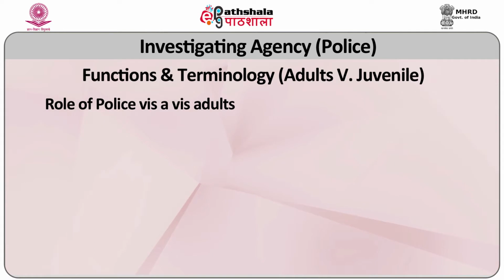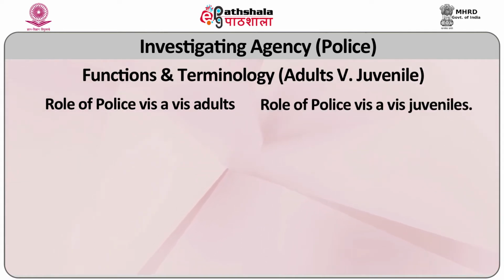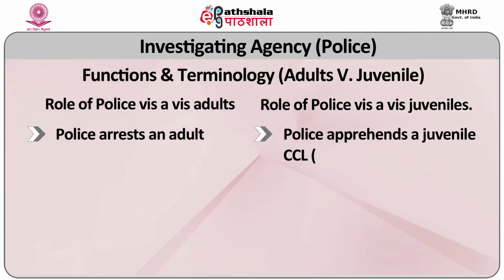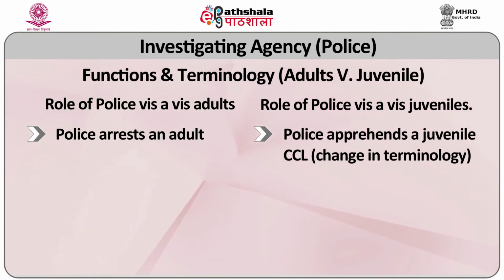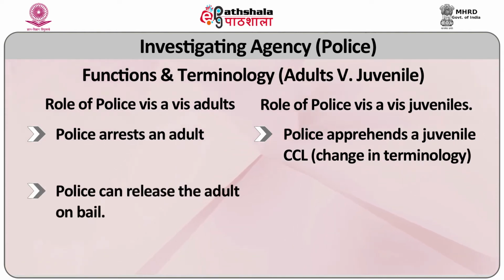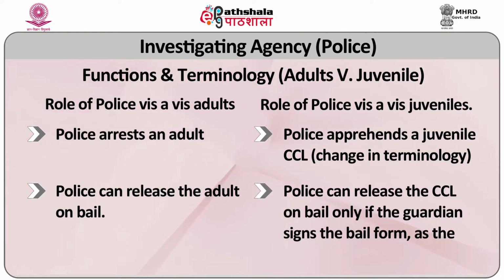I shall now speak about some of the differences in functioning as well as the terminology while working with the police. The role of the police in an adult system is to arrest an adult. The role of the police in the juvenile justice system is to apprehend. The word arrest is not used. In an adult system, the police can release the adult on bail. In the JJ system, the police can release the child in conflict with law, also, now from here on, I shall call the person as CCL, on bail only if the guardian signs the